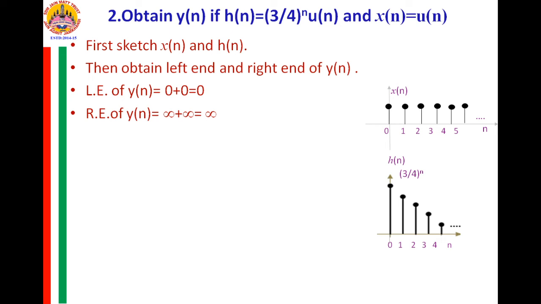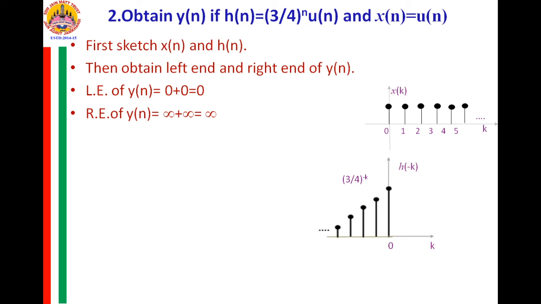Okay. Now, change this variable n to k and resketch this x of n as x of k and this h of n as h of k, and then reflect h of k about the origin and sketch h of minus k. So, this is h of minus k and that is x of k. Now, for n less than 0, if you observe, there will be no overlapping between this x of k and h of n minus k. If I shift left this h of minus k even by one amount, then these two will not overlap. The x of k and the shifted h of minus k will not overlap and the product will be equal to 0.